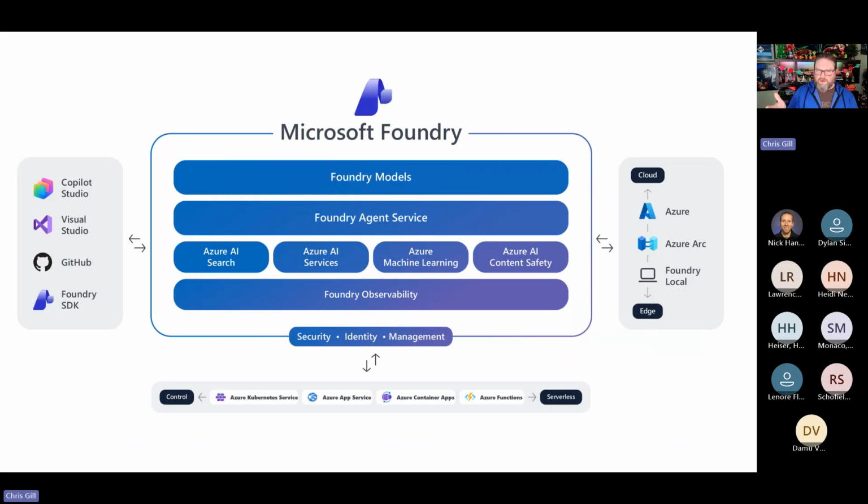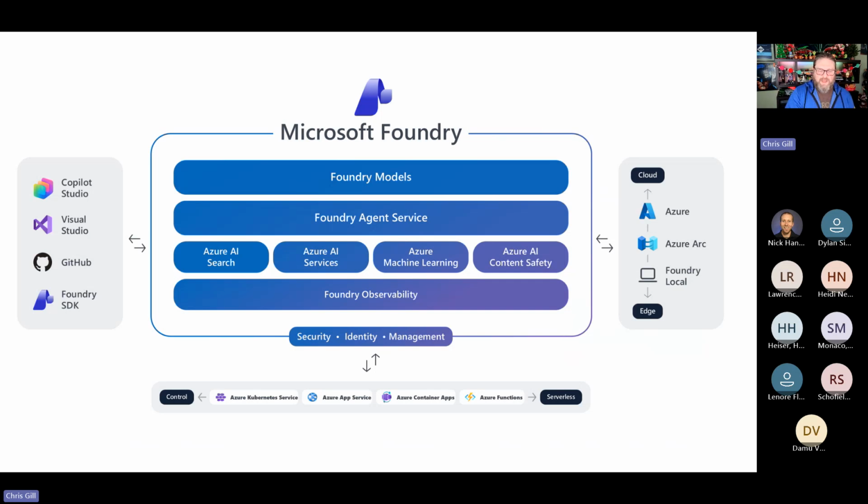So, as we talk about using GitHub, Visual Studio, Copilot Studio, and then utilizing that Foundry SDK, we're giving a pro code or even low code developer model access. So we're given access to go and utilize models, services, and agents through this one-stop shop developer experience.